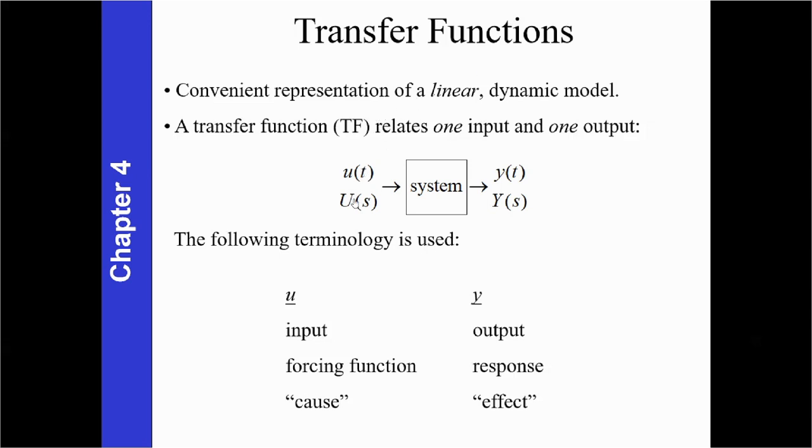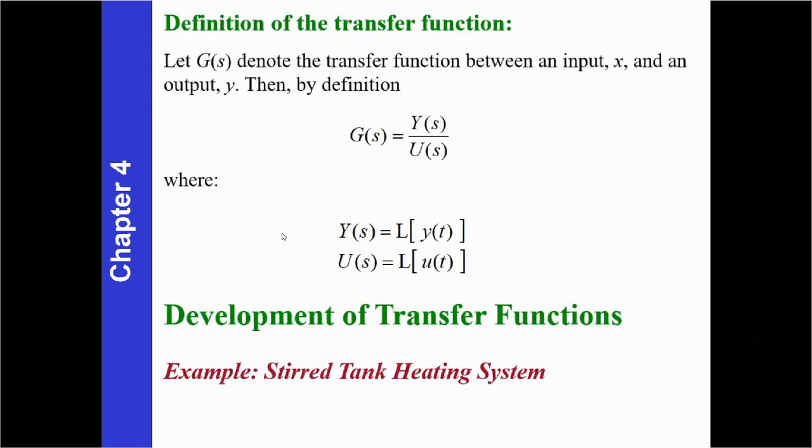So this is the relationship between input and output. The input signal goes into the system, and it will be converted into the output, small y. So in this case, considering that kind of relationship between the input and output, or the cause and the effect, we define the transfer function. There is G, and here we use G(s), which comes out from the Laplace transform. So G(s) denotes the transfer function